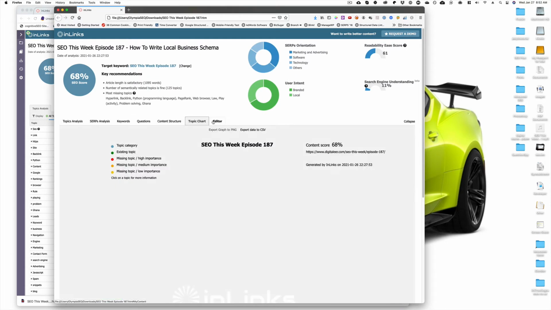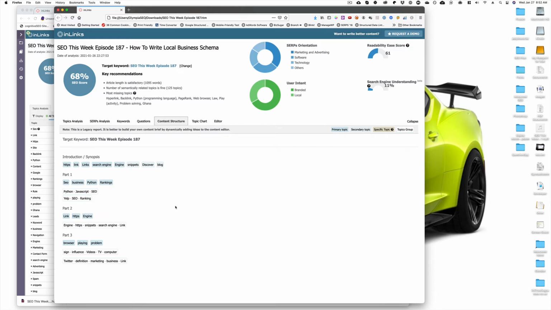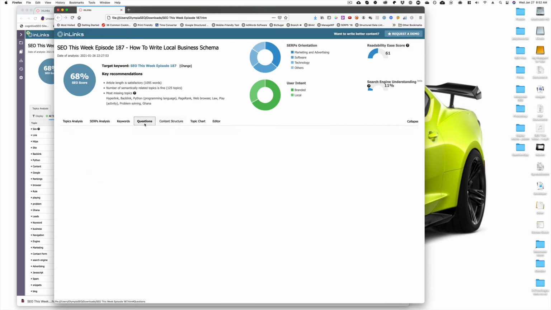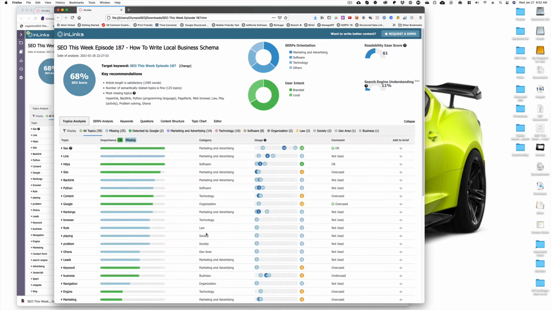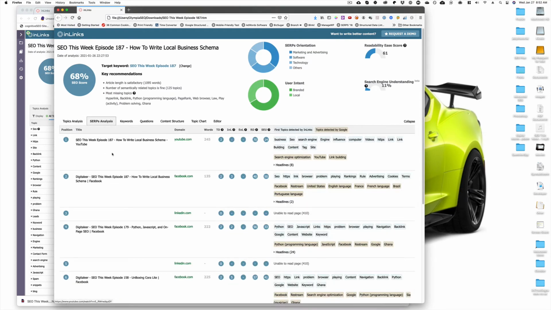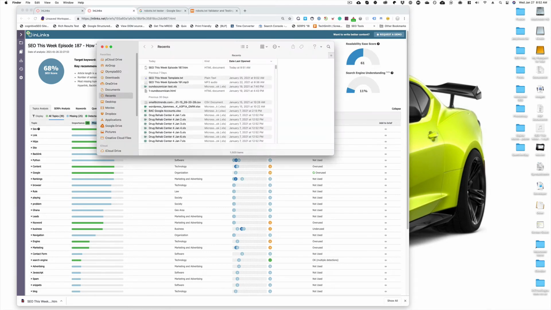So the topical chart is gone. That's okay, I don't need it. And then the editor's gone. I don't need that either. But this is what I'm looking for: all these related terms, etc. inside of the page. Is it relevancy? Kind of, sort of. But anyway, you get the point there. So what I'm going to do is edit this inside of